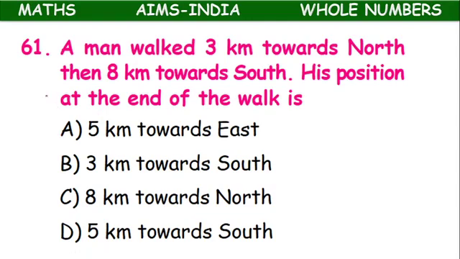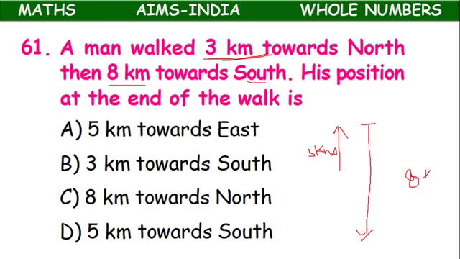Next. A man walked 3 kilometers towards north. First he went towards north, he traveled 3 kilometers. Next, 8 kilometers towards south, downside. So then, his position at the end of the walk is